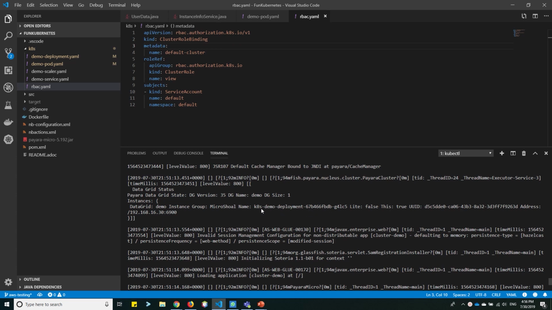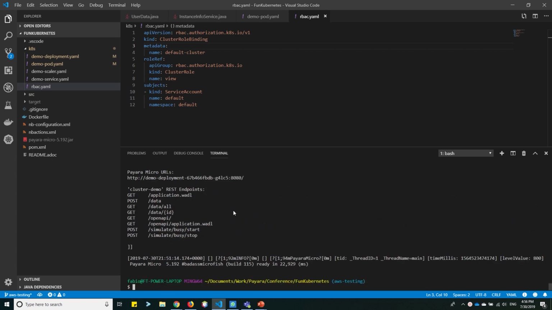Well, in this case, even though we had configured the correct discovery mode for Payara Micro, and we had configured our cluster role binding, the instances can't talk to each other because they are isolated in the network. We need a service that allows instances to discover each other. And in order to do this,